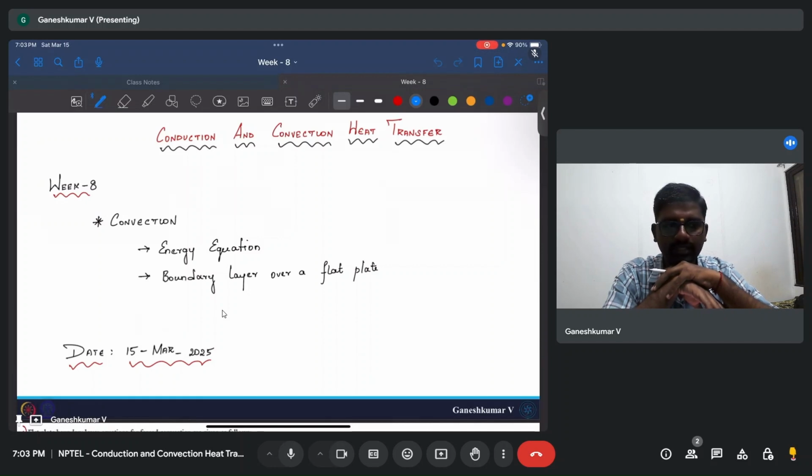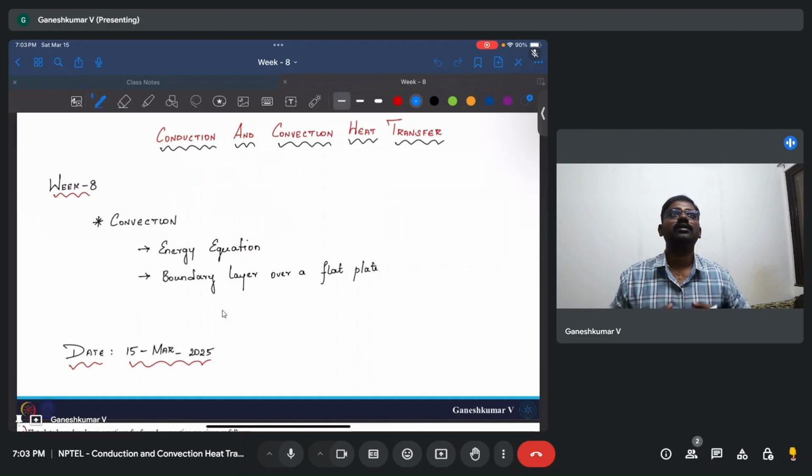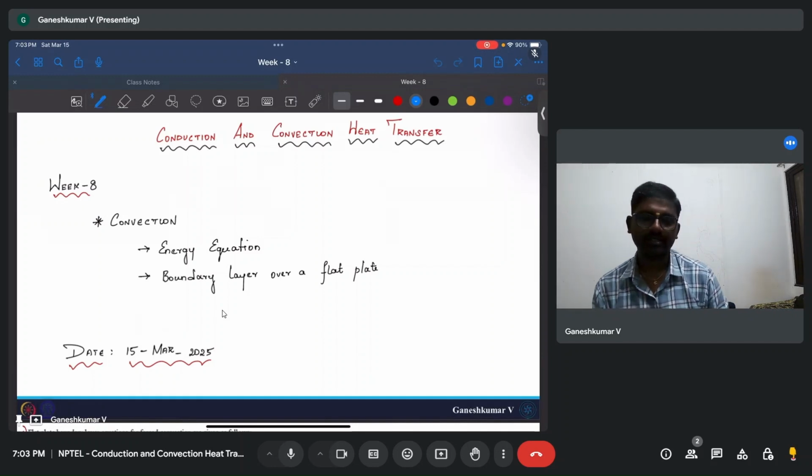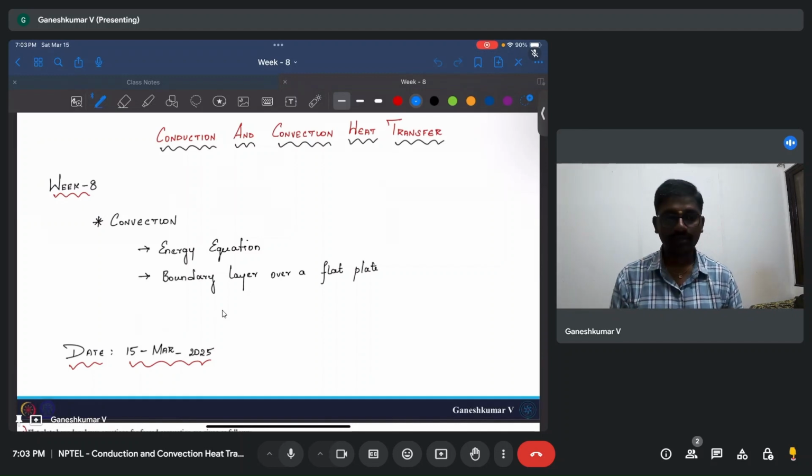We already studied that in fluid mechanics. Here, in addition to fluid mechanics, we also solve the energy equation, because the energy equation is going to tell us the heat flux, right? So at the end of the day we are interested in heat flux or Nusselt number. So we in fact derived it, and we obtained the relation of Nusselt number